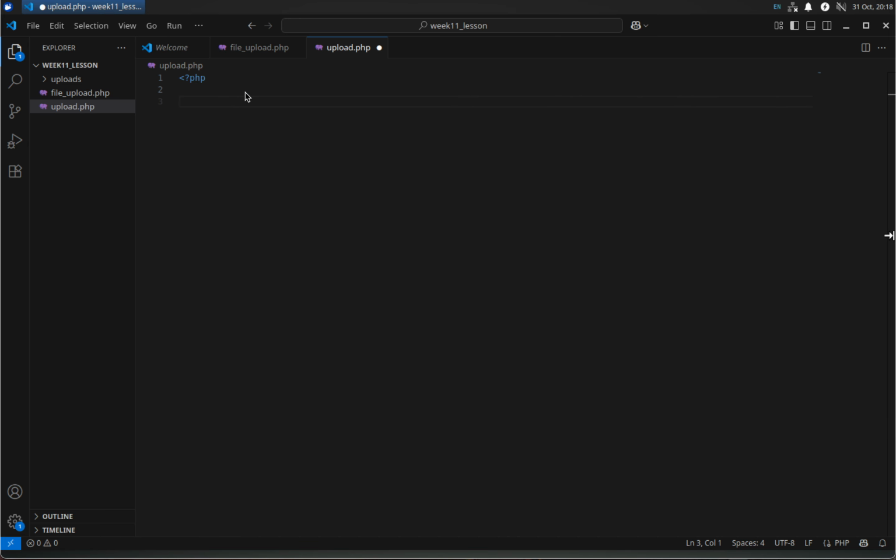Now, the first thing we need to do is set a variable called path, and it's going to be equal to uploads, because that was the folder we created. Now we want to make an adjustment to path, which seems weird, but we are. Path equals path